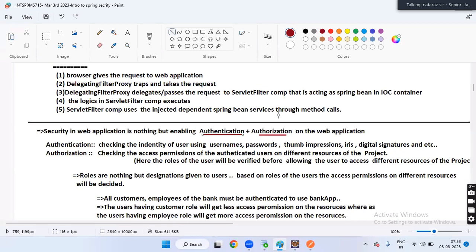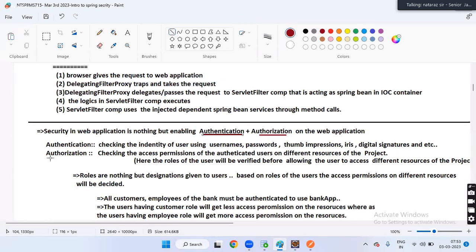No, it's not biometric. Biometric means thumb impression only. Super. So checking the identity of a user using username, password, thumb impression, iris, digital signatures, and so on.